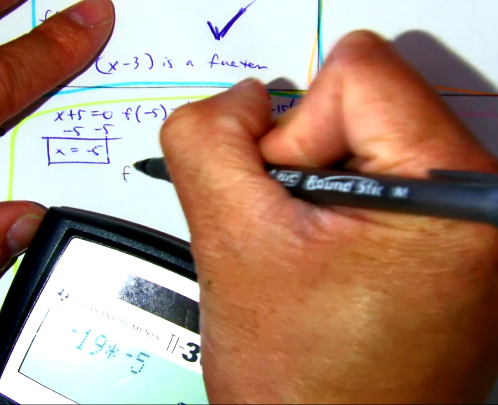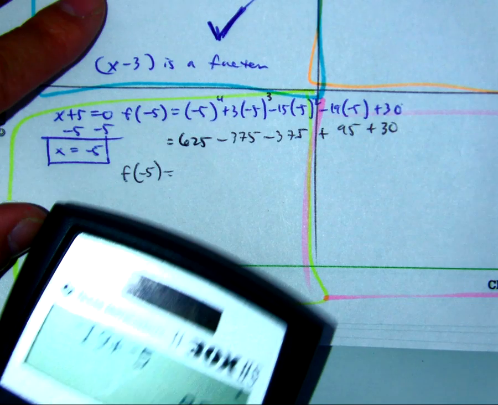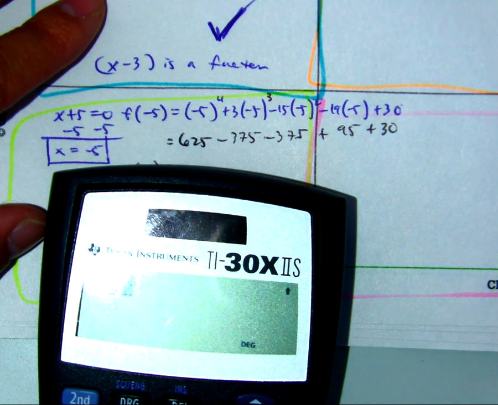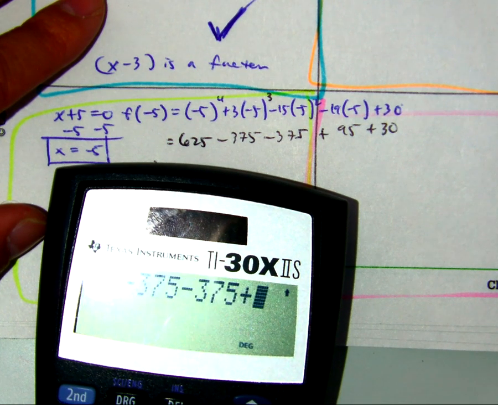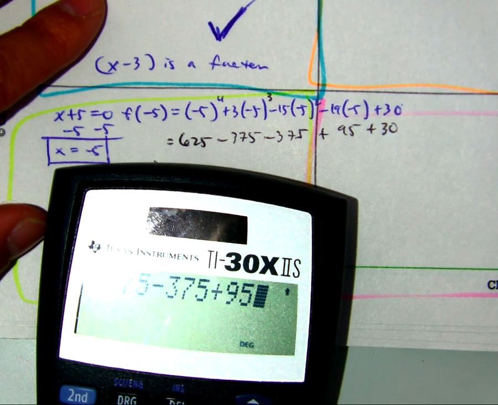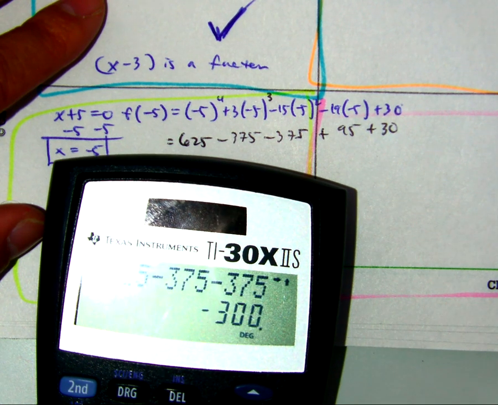And if I add all of those numbers together, 625 minus 375 minus 375 plus 95 plus 30 gives me, oh no,